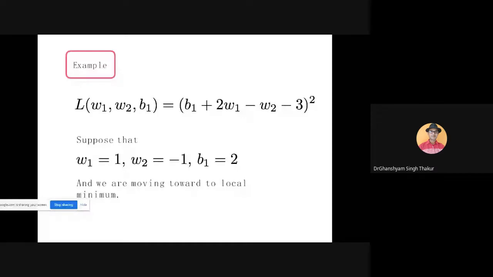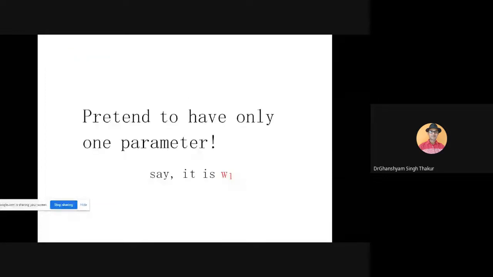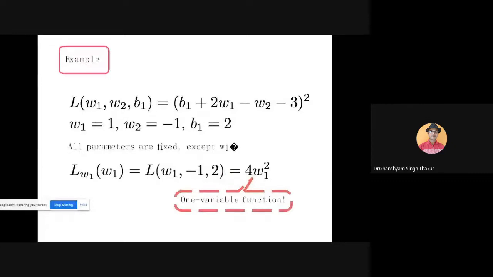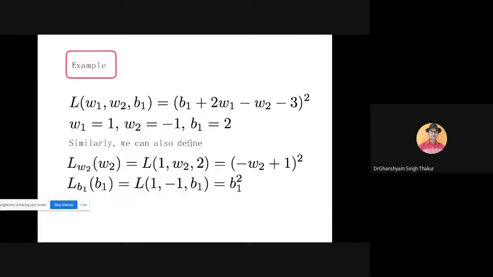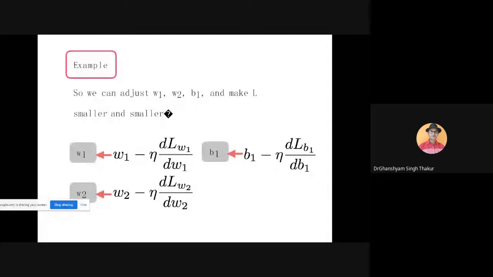a smaller number called the learning rate, so W minus eta del L upon del W. For example, L is a function of W1, W2. Suppose we have W1 equal to 1 and W2 equal to minus 1, and then we are moving toward the local minima. Then only the parameter W1 is changing, and you will get L(W1) equal to 4W squared plus 1, a one-variable function. Similarly, you will get the other values L(W2), L(b), and you will get the different values of W1, W2,